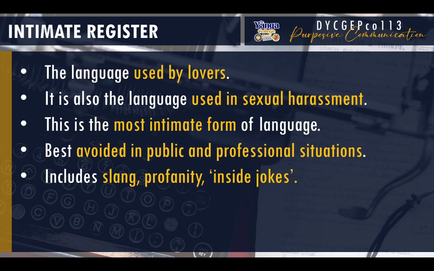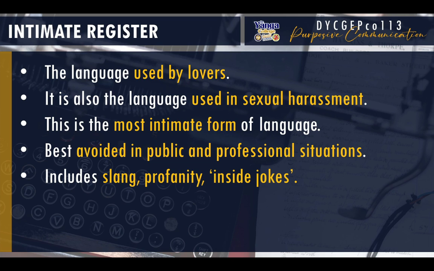Ibig sabihin, syempre, since this is intimate, this is a level lower than casual register. So, you see slang pa din. Profanity in simple definition is about bad words. Okay, mga cursing, yung mga informal speeches about someone. So, pang intimate register yon. Kasi nga, dahil nga you have an intimate relationship, you have a romantic relationship or sexual relationship, you can speak of anything about each other. You can speak to each other about anything you're thinking of, no matter how good or bad it is that you want to say, pwede mong sabihin kasi nga intimate kayo with each other.